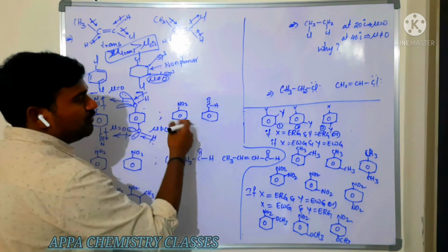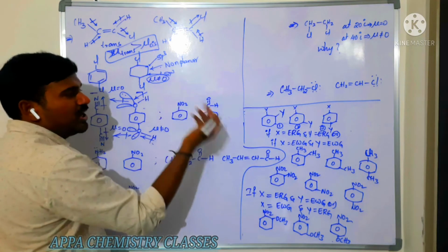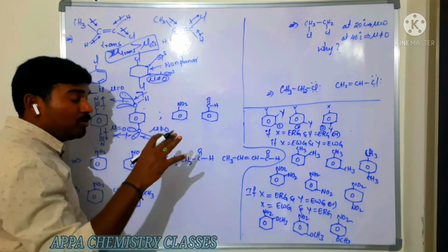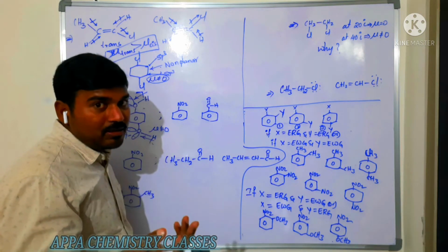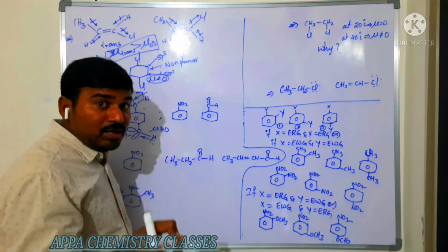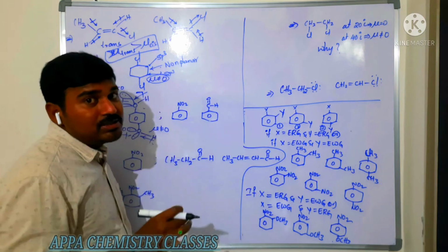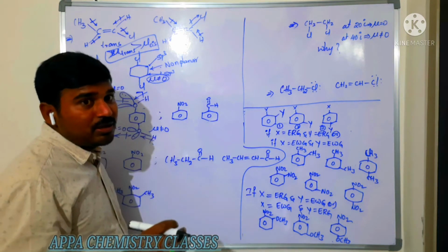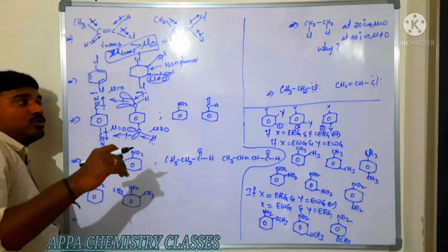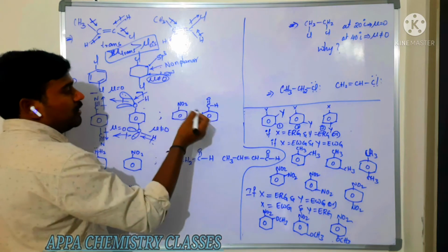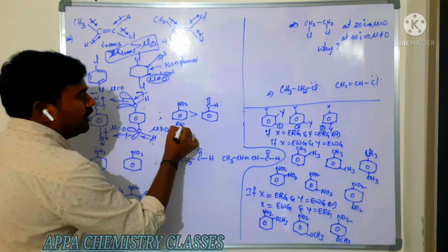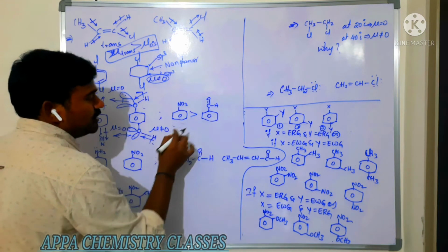Now among these two, which is having more dipole moment? The strong electron withdrawing NO2. So based on electron withdrawing group, if you want to know what is meant by electron withdrawing and electron releasing group, you have the mesomeric effect and the inductive effect also. Videos are in the description, you can see the mesomeric effect and inductive effect videos. You can go through those videos, you will get complete clarity about electron withdrawing and electron releasing. So the more the electron withdrawing, the more the dipole moment. So it is having more dipole moment than this one.